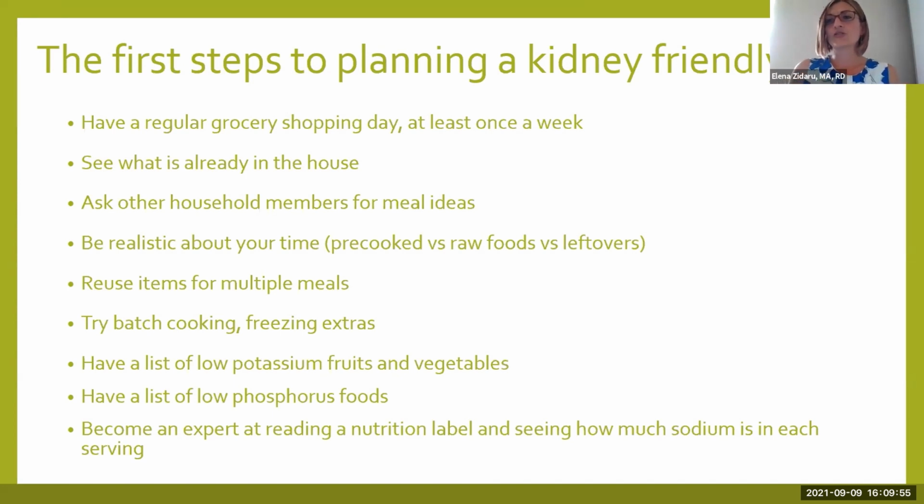Again, for people in more advanced stages who need to limit phosphorus and potassium, having those lists available on the fridge or in the kitchen can help them get more familiar. In time, they learn what foods are high in phosphorus and potassium. They learn them by heart, and it's easier to do that. But at the beginning, I would say having those lists available as a resource would be helpful, even when you don't need to